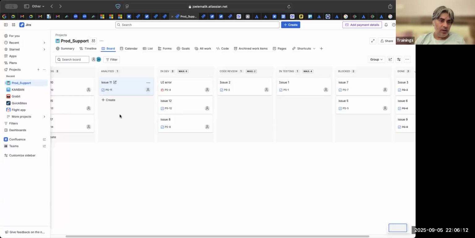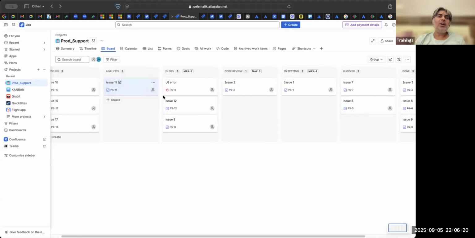Then that's a problem, right? There is a limit to each and every status. There is no limit. I have not put it now because I was explaining these things, but yes, you will put a limit to analysis also. You will put a limit to everything, if required. If things don't keep piling up in analysis, then it is fine. But if it keeps piling up, let me put it here also.